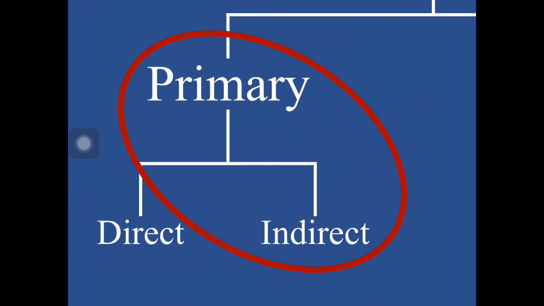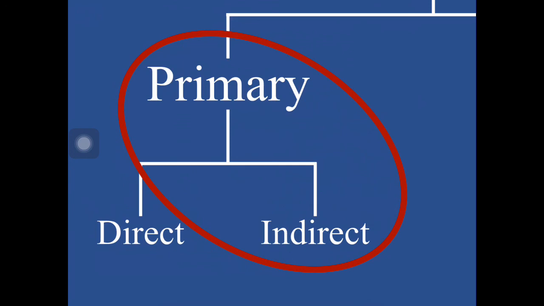When direct sources are lying, they are lying to the historian, and that is what they are trying to do, to lie to the historian, to tell the historian another side of things. And in indirect sources, perhaps they are lying, but at least they are not lying to the historian, because they are not thinking about the historian when they are producing this source. So of course primary, because they come from the time that we are studying, and indirect because of that reason,